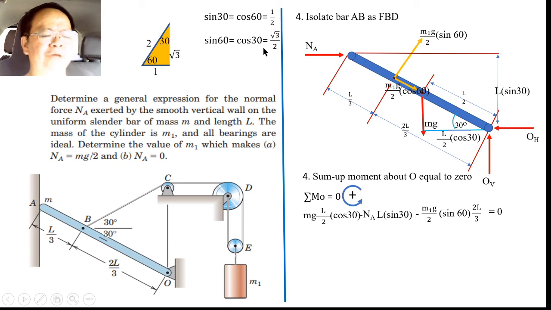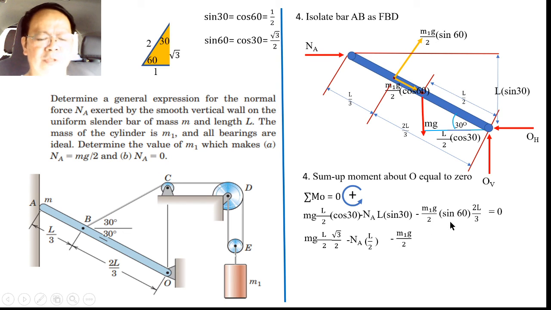Now, after we have taken this, we can substitute these two values into the given equation. Substituting, we have mg multiplied by L over 2, and the cosine of 30 is equal to the square root of 3 over 2. If sine of 30 is substituted by 1/2, this equation becomes minus NA times L over 2, because L times 1/2 is L over 2, minus